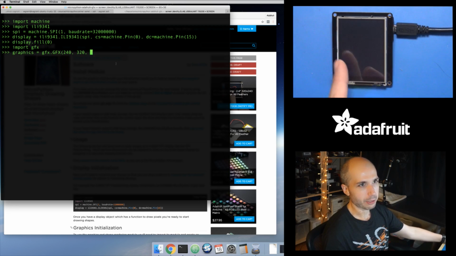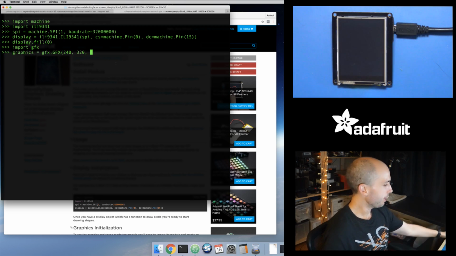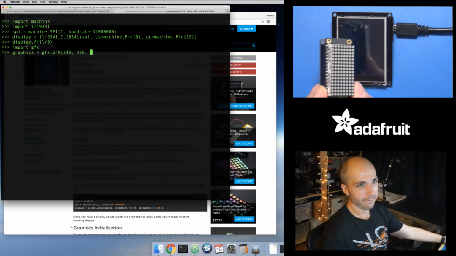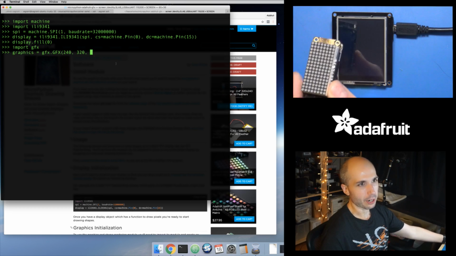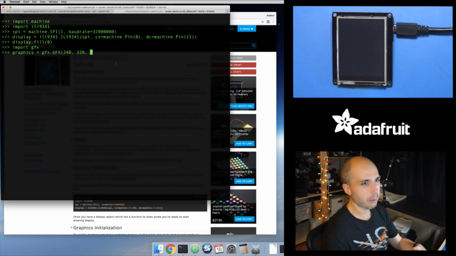If I want to draw a line across the display, it will go through and draw each of the pixels in that line pixel by pixel, but it has to know how to draw a pixel on this TFT display. There's a special pixel function I need to call on the display object, versus if I wanted to use this with the LED matrix, there's a totally different pixel function that I need to call. So rather than have the library try to know about and understand all of the possible displays that it